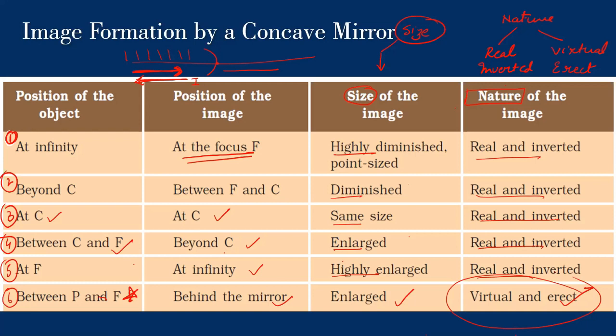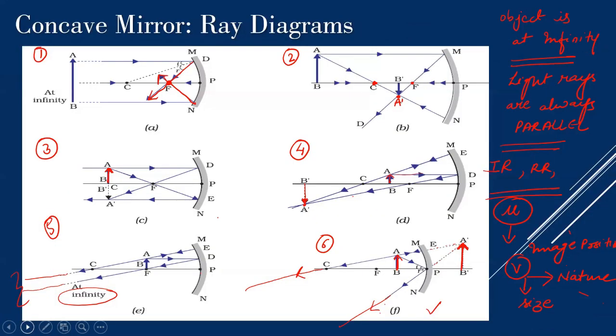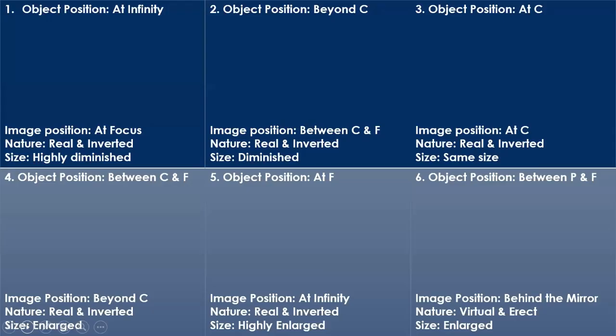Understood how to learn this table? This table is very, very important from exam point of view. Unless you understand this table, you won't be able to learn it. Just don't learn it randomly. Understand and learn it. Okay, clear with the diagrams? I'll revise again. I'll try to draw the images over here.